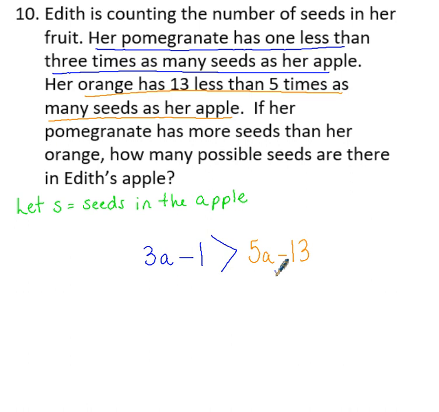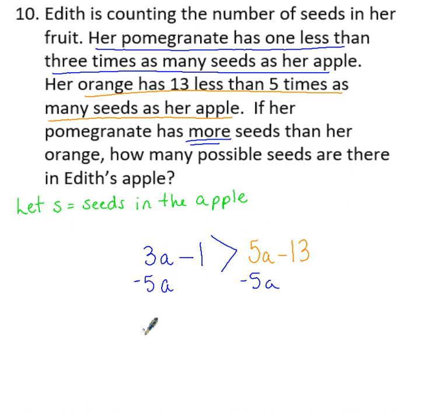Okay, so we have set up an inequality. It says has more, so it's not an equals to, it's more. So we're going to go ahead and solve this. First thing I'd want to do is get it so the variables are only on one side. So maybe I'll subtract 5 A's from this side and subtract 5